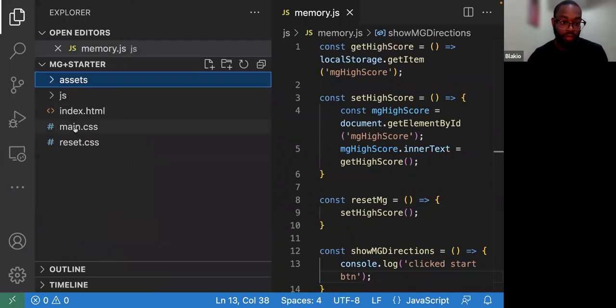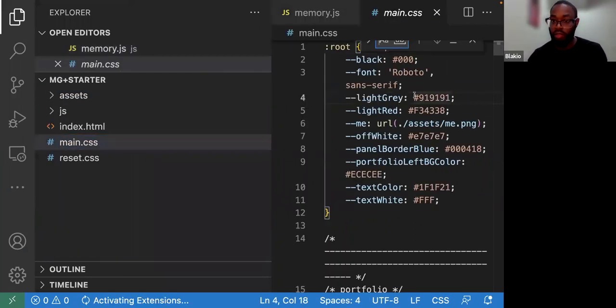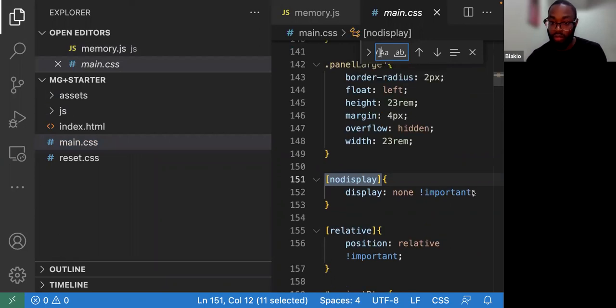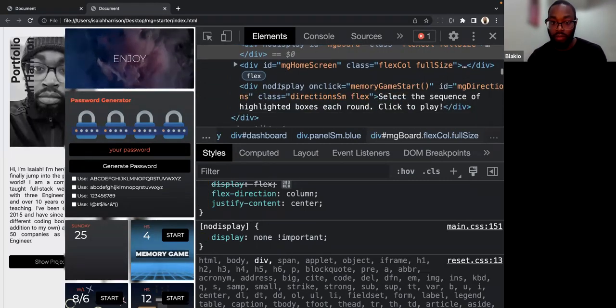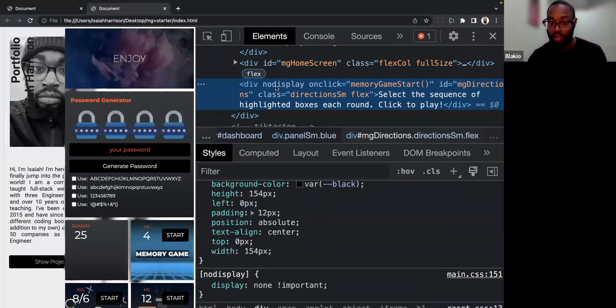No, CSS. So I just do this. We can see it here. Anything with this no display attribute has a display of none. And this important flag, it just overwrites everything, so it's going to be removed. We can see that this is not here because of this CSS rule right here. And this one has that same no display attribute, which is why this is not shown either.